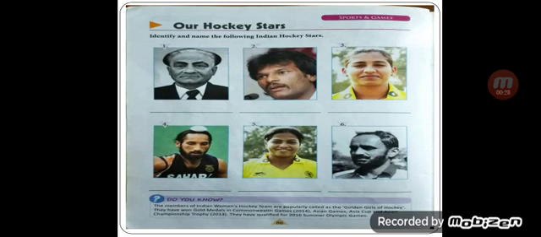And do you know, the members of the Indian women's hockey team are popularly called the Golden Girls of Hockey. They have won gold medals in the Commonwealth Games 2014, Asian Games, Asia Cup and Asian Champions Trophy in the same year, 2013. They have qualified for the 2016 Summer Olympic Games. That is why they are known as the Golden Girls of Hockey.